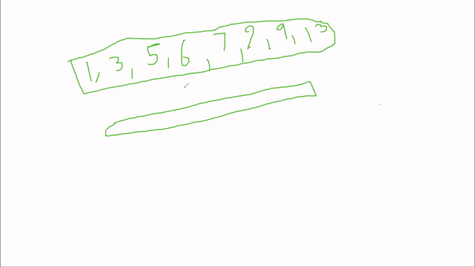And what output should we be getting? We should be getting 1, 2, 3, 5, 6, 7, 9, and 13. Is the question clear to everyone? So we need to sort a given stack. The elements are in the stack, and we have to sort that stack. We can use just another stack only.